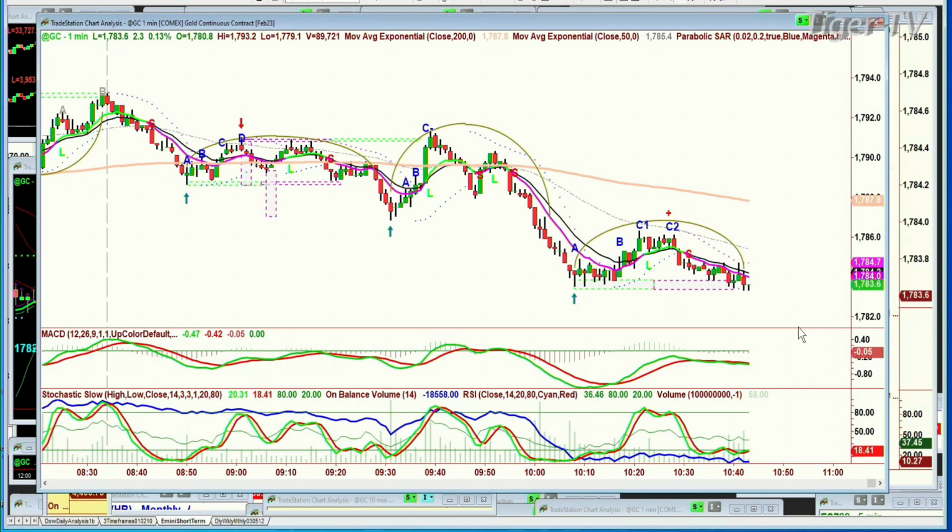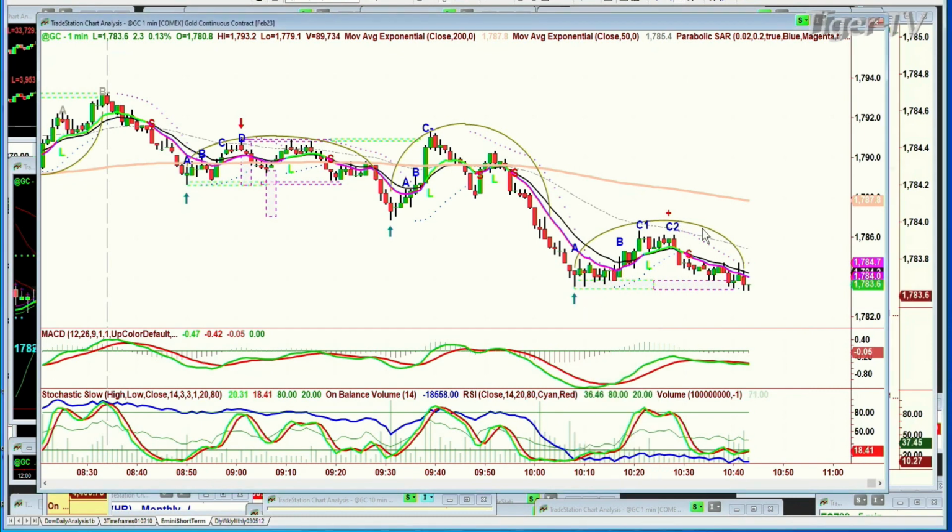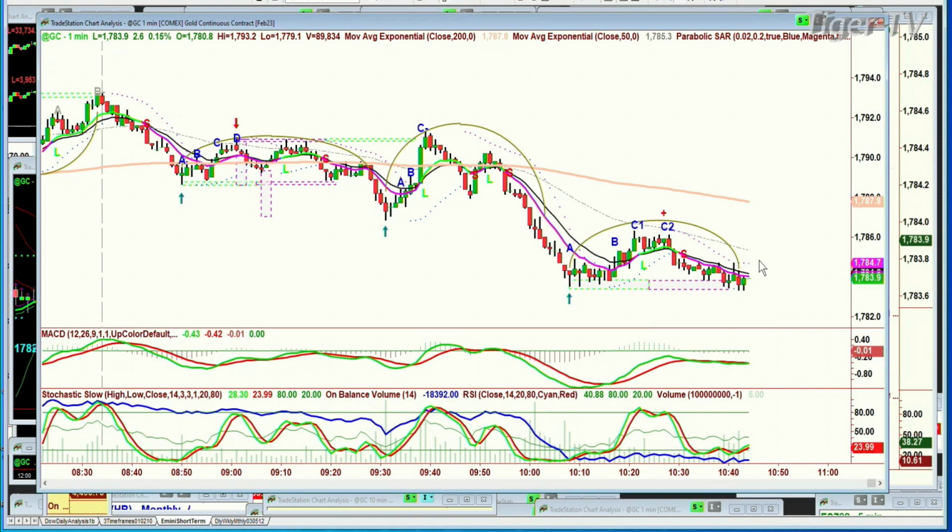It's a technique that I developed a long time ago. And now we've gone and we've retested the left side low. So this is that arch formation. And if gold at 1783 right now, on a very short-term basis, breaks 1781 to 1780 support, that's just another thing altogether. But right now, it's just trying to establish some kind of a basis on the positive side. The way it's acting, I would not be surprised if it does go negative.